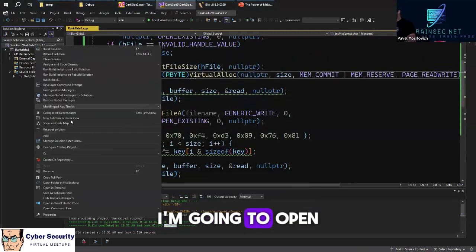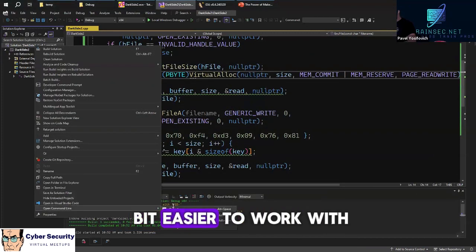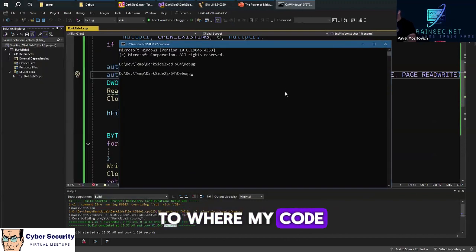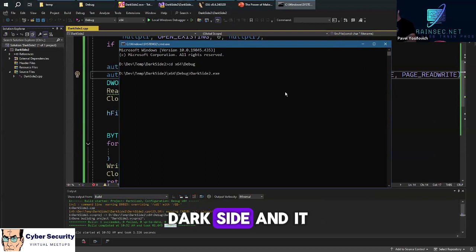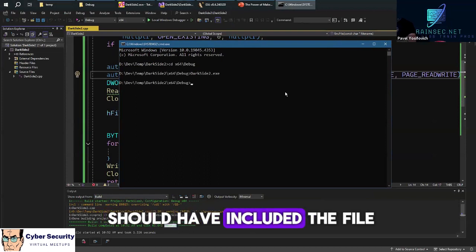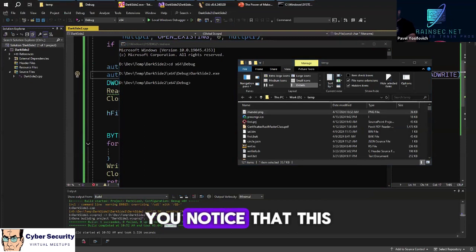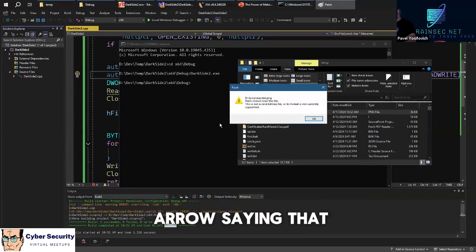So now I'm going to open a command window to make it a bit easier to work with. I'm going to go to where my code is. I'm going to run darkside, and it should have encrypted the file. So if I go back to temp and try to open this PNG, you'll notice that this is what I get, some kind of weird error saying that this is not really a PNG file anymore.